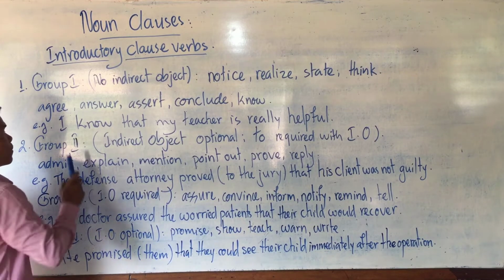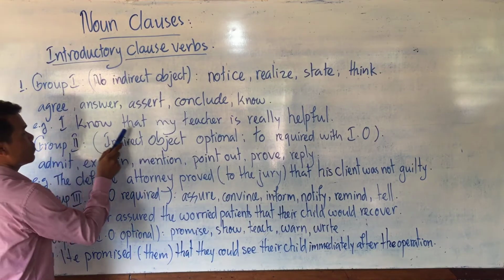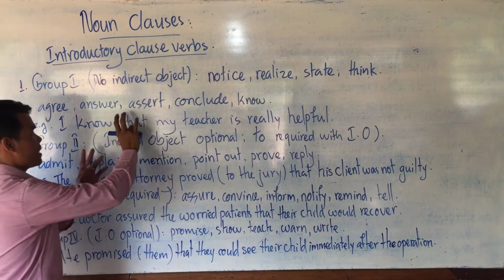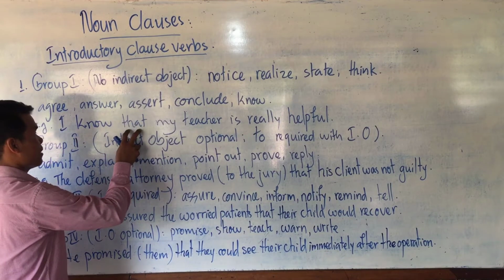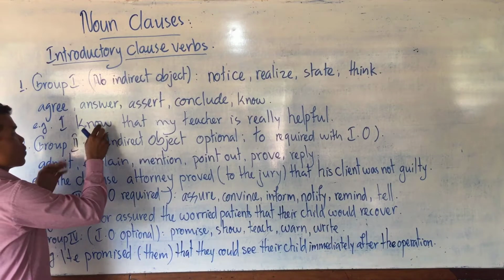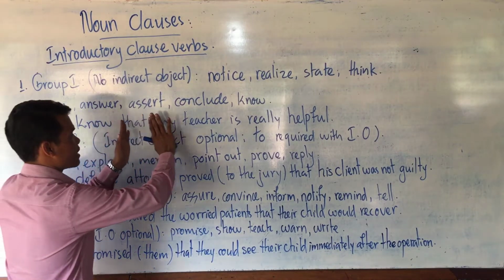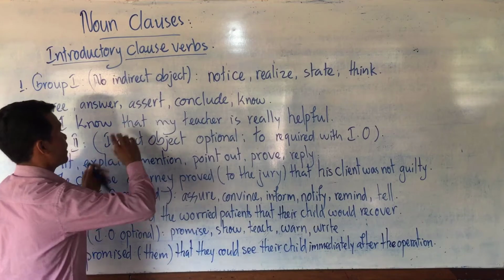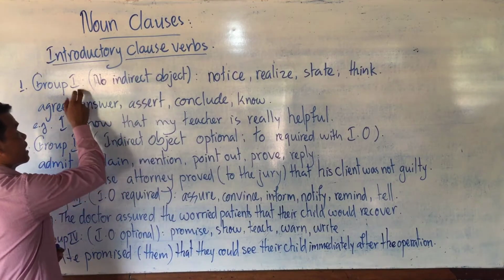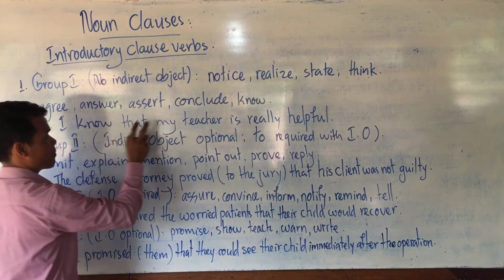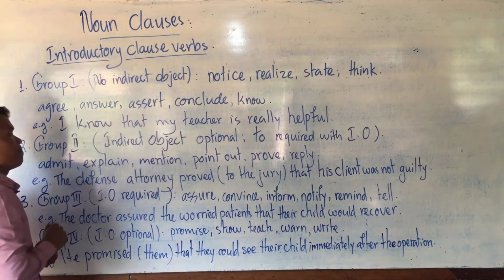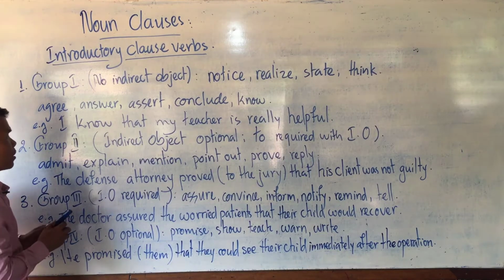For example, I know that my teacher is really helpful, so that is the subordinator. I know is the introductory clause, so after know is that clause. That's why it does not take an indirect object in group number 1. So from that to helpful is that clause functioning as the object of know. Group number 2,